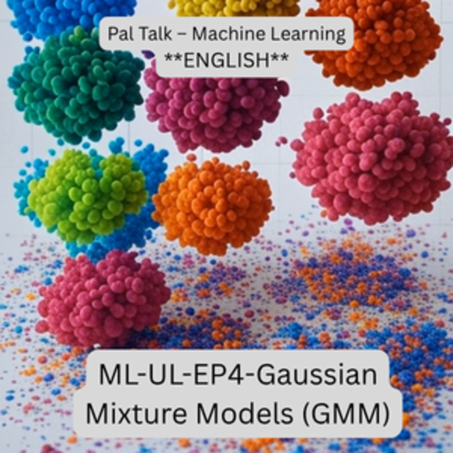GMM versus K-means versus DBSCAN. Now let's compare. K-means is fast and simple but rigid. DBSCAN handles noise well and doesn't need the number of clusters but struggles with variable density. GMM sits somewhere in the middle. It gives flexibility, handles overlapping clusters well, and provides probabilistic insights, but it's more computationally intensive.